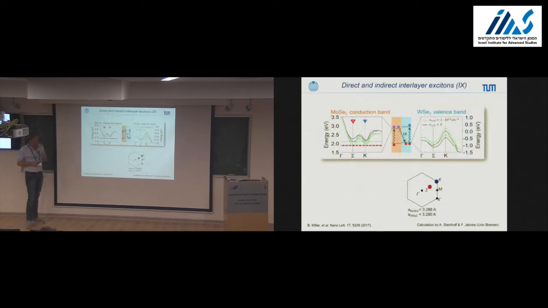I want to summarize what we know right now. And based upon calculations by Alex Steinhoff and Frank Janke in Bremen, they published in 2014 that the band structure of the quasiparticle changes dramatically as soon as you put in some charge carriers in there, in these 2D materials. For example, these calculations are just without any charge carriers, and then for 3 times 10 to 11 per square centimeters,